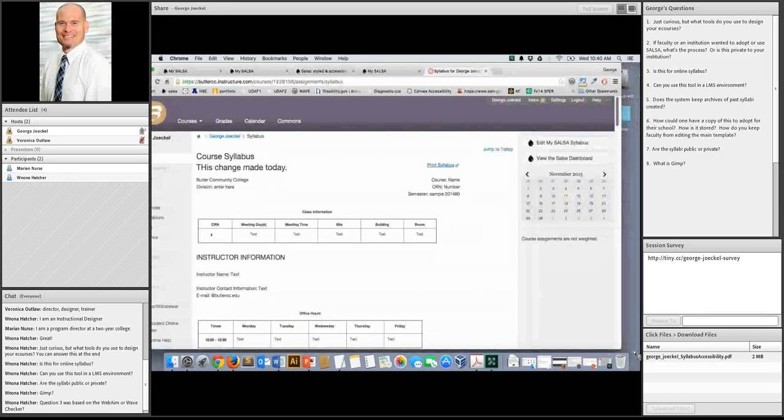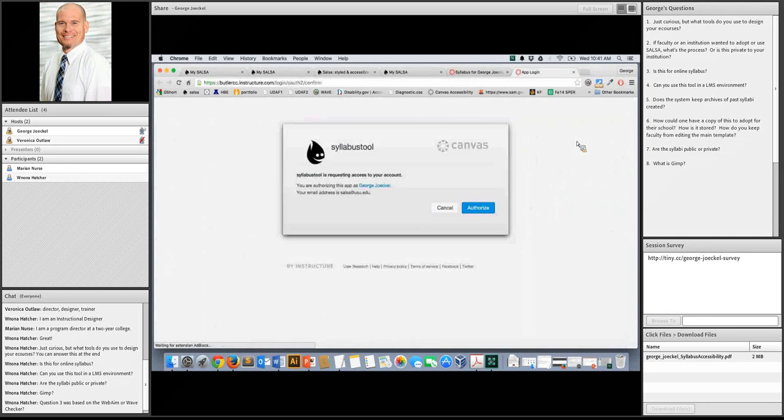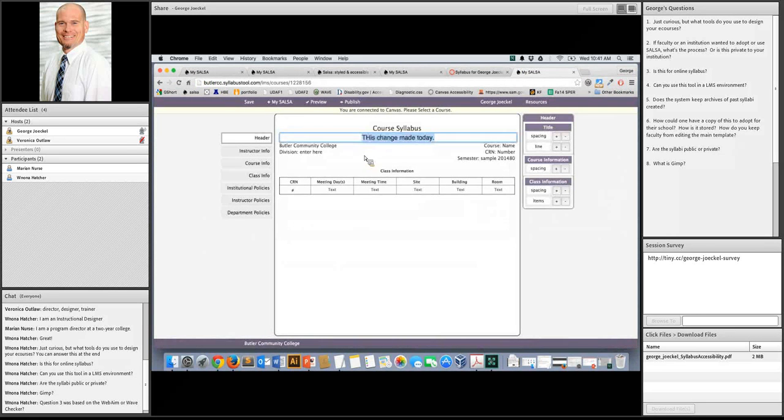Butler Community College is one of our clients, and I have their permission to show some things to people. They've been great to work with, and they use Salsa campus wide now. So in this case, what we've done is Canvas gives you the ability to add in a custom JavaScript or a custom CSS. And so we have a button that lives right in Salsa. And when you click on it, it's going to come out and say, hey, are you authorized to do this? And if I say yes,